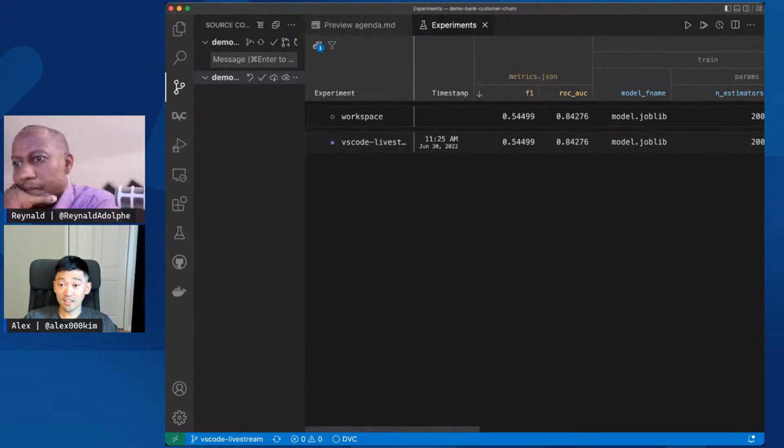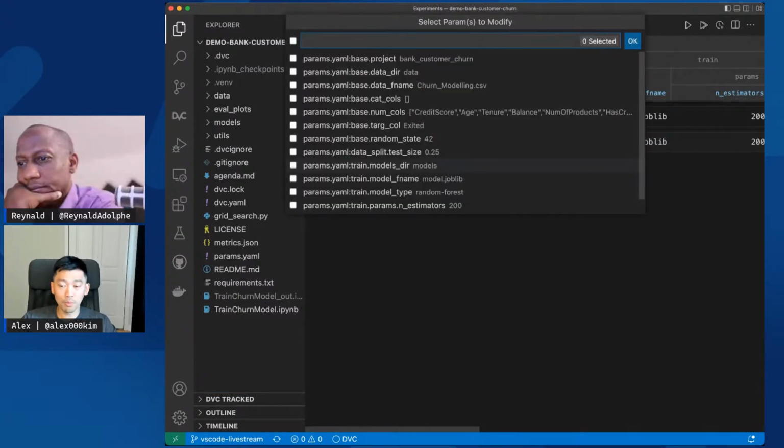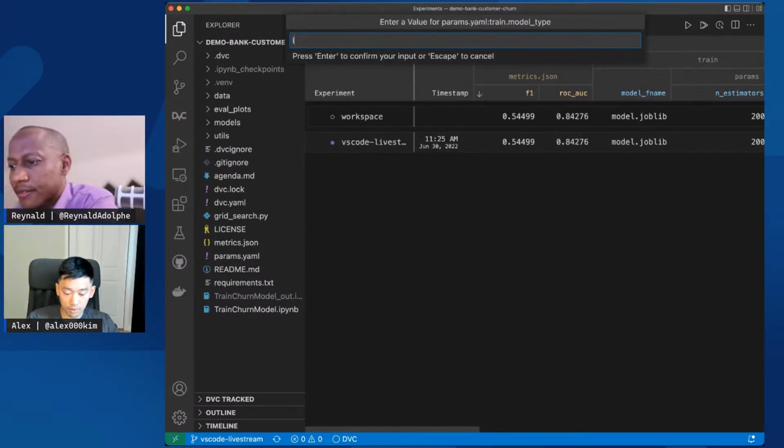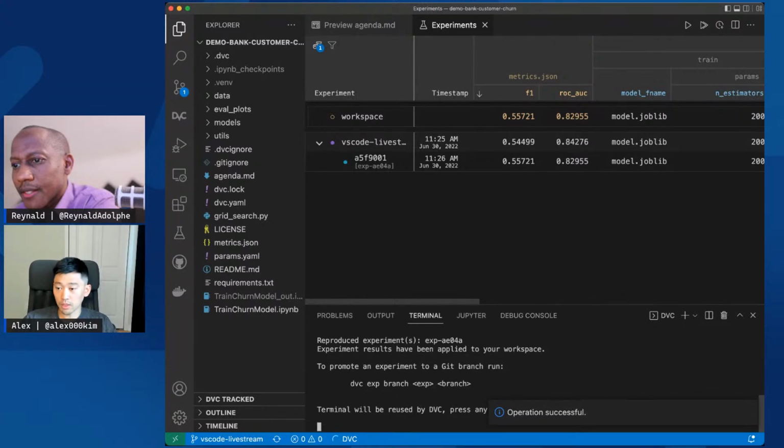Yeah, and now imagine a couple days later, you come back to this and you have some more ideas of what you can improve. Again, this goes back to my initial comment that the data science workflow is highly iterative, right? So you think that maybe a different model type, like we use the random forest algorithm, but maybe you think that the LightGBM algorithm may give you better results.